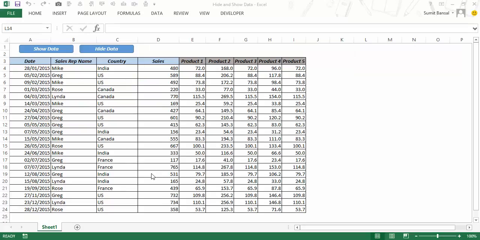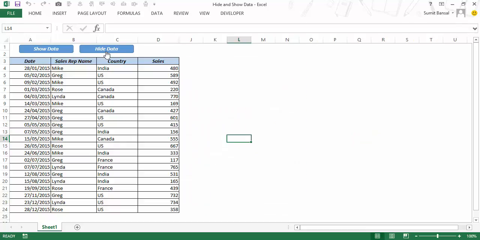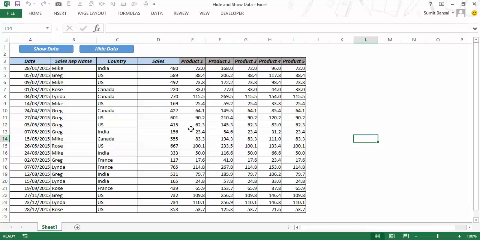Now in this part of the video, I will show you how you can use a macro or a simple code to create these buttons, and when you click on these buttons, it would hide the data or show you the data again. So in this case, for example, if I click on this button, you can see that all the data that I had here is hidden, and if I go to show data, then I have this